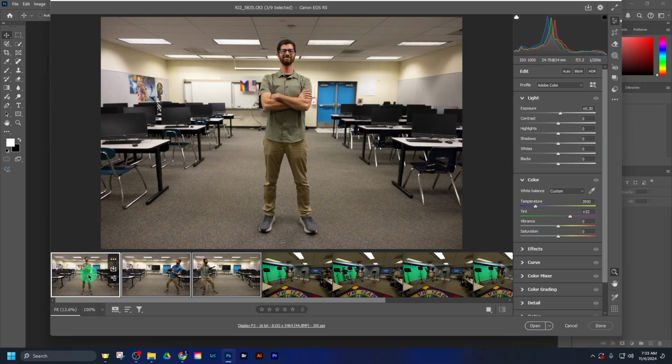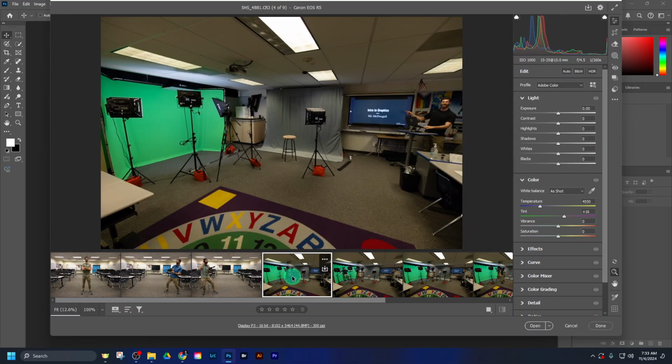I don't want to edit this one and then edit this one a little bit differently, and this one's orange and this one's pink, because that's not going to make the effect look good. All 3 of these have to look exactly the same. And then if you want to do the same thing on these ones, I would highlight all of these